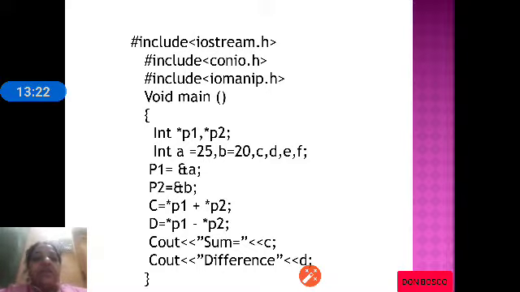Similarly, d is equal to the difference, where we are subtracting the value of a from b through the p1 and p2 pointers, and then in the cout statement we are printing the sum and the difference. In the program you can see how pointers can be used to perform various arithmetic operations such as addition and subtraction.